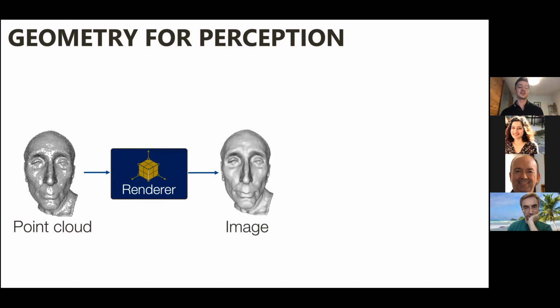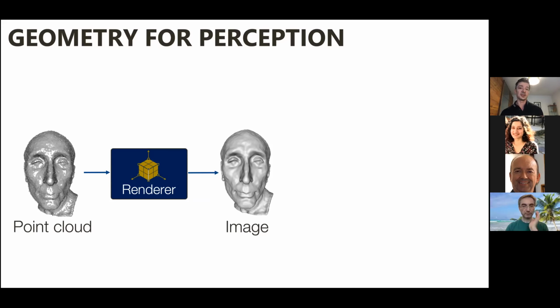So let's say we got a point cloud out. What you can do is, again, using the differentiable renderer I just talked about, render it into an image. And then you can run some algorithms on the image to consolidate or make your geometry better, more faithful to the original geometry.